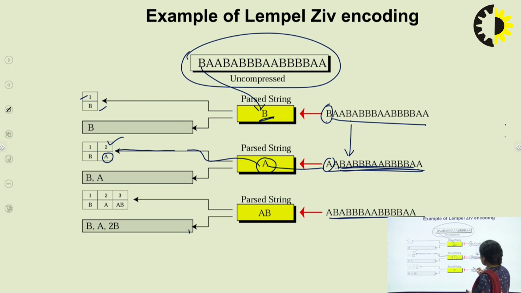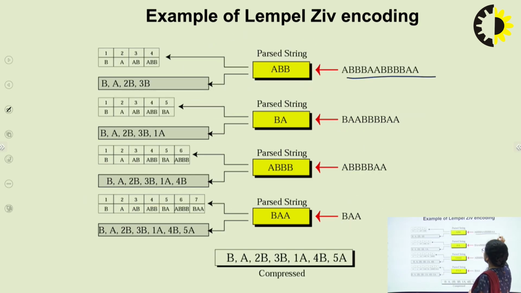After this, if you look at A, A is already taken care of, which is indexed with keyword 2. B is already taken care of, which is indexed with keyword 1. But AB in totality is not taken care of. So we take up AB, parse it, and assign a key value 3 to the string AB. And we repeat this process. After AB, the next remaining data that we have is A, triple B, double A, and so on.